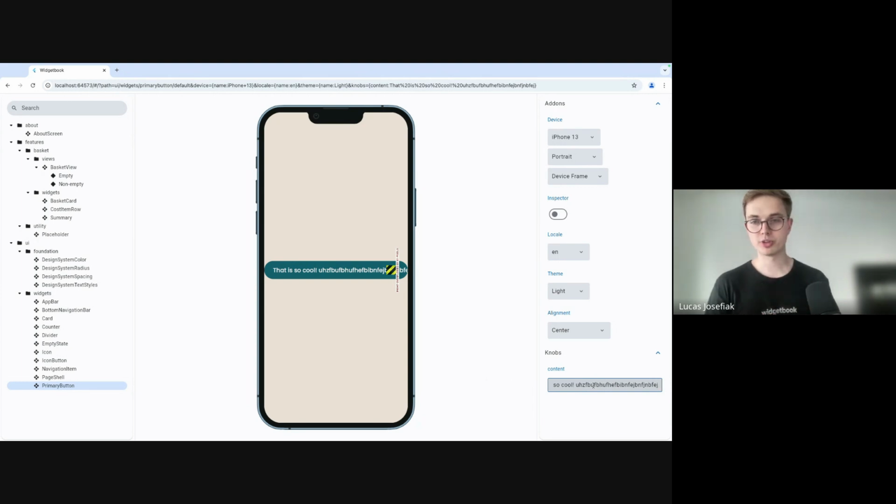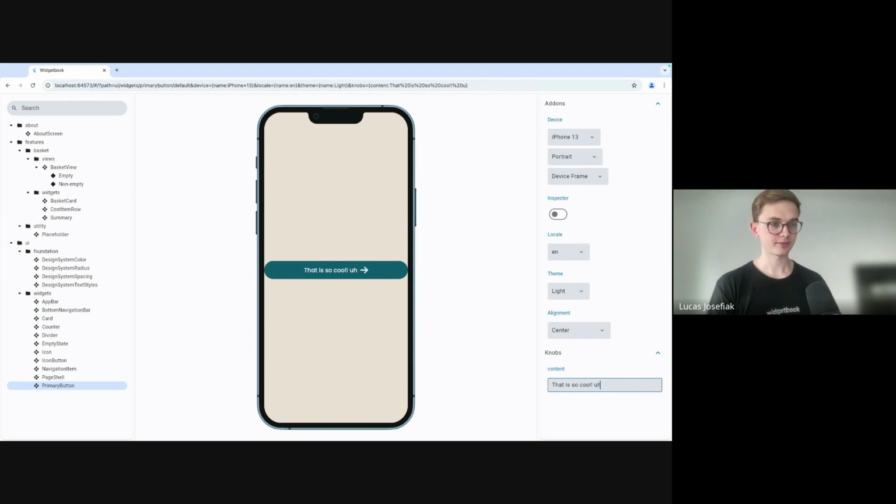And because Widgetbook is in the end just a Flutter app running inside your Flutter app, you have the chance to also use Flutter dev tools here. And that's why Widgetbook will automatically show you if there's an overflow happening. And that's why Widgetbook is not only a helpful tool for developers to provide an overview of all of the different widgets that you have to create your own design system, but it's also a tool that you can use when you're developing to very quickly make sure